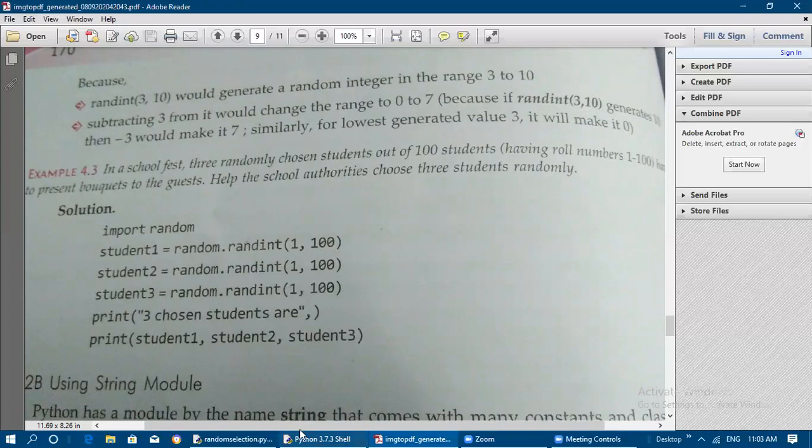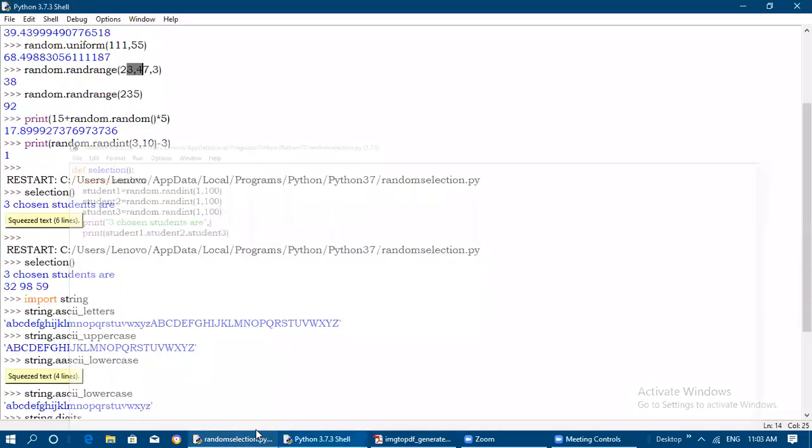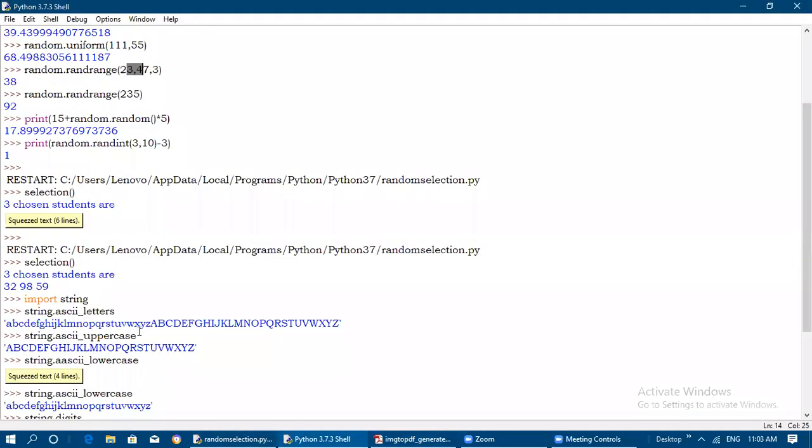Okay, so let us see the output here. I have typed the same program here. So the output I got here is 3. Selection is the function name I have given. Simply I have given selection as the function name, because only then can we execute it in this Python cell. Only by calling that function can we execute the program. So I have given the def function here.